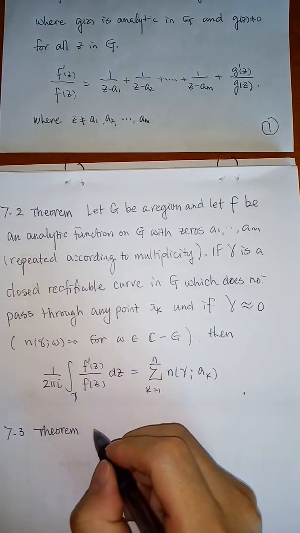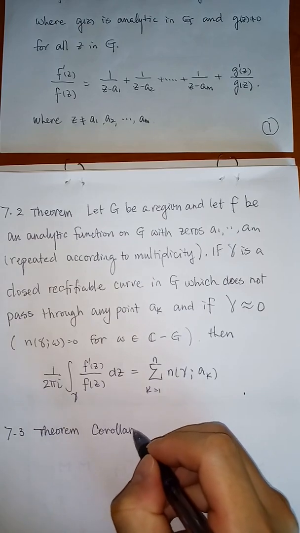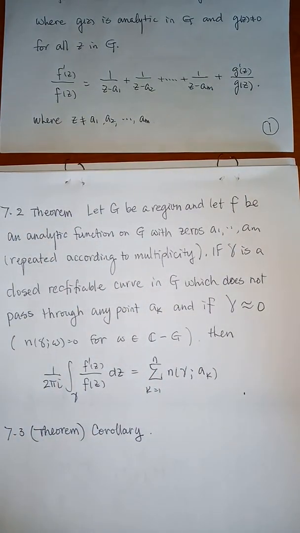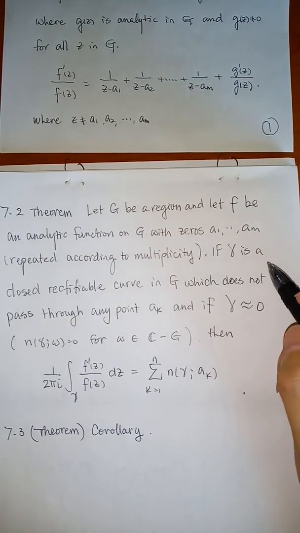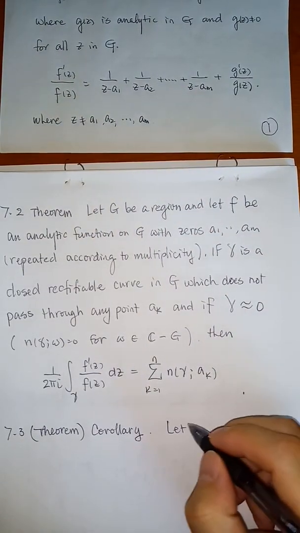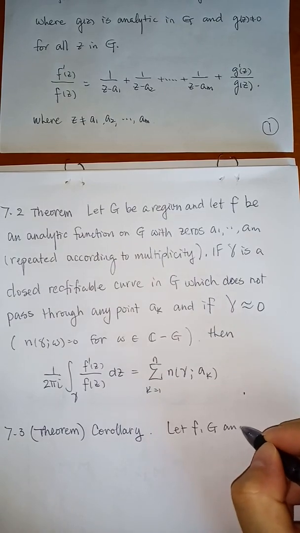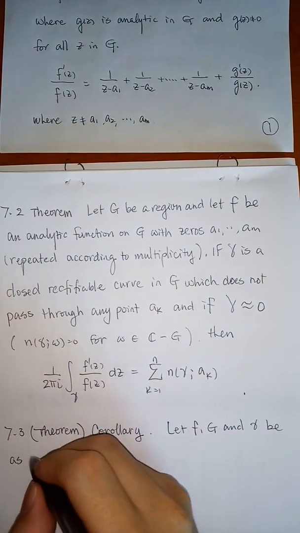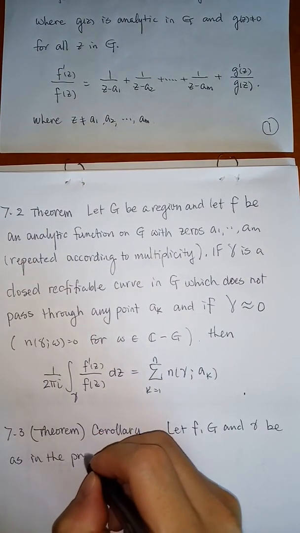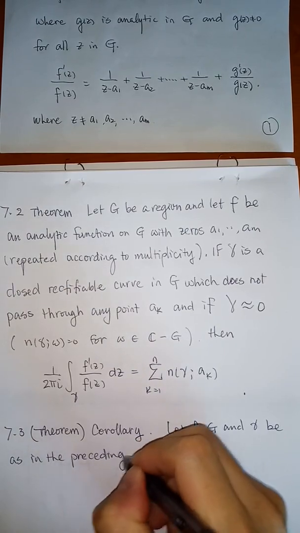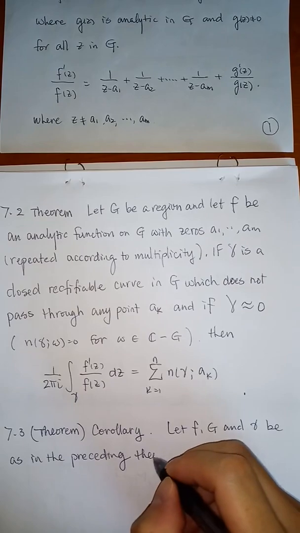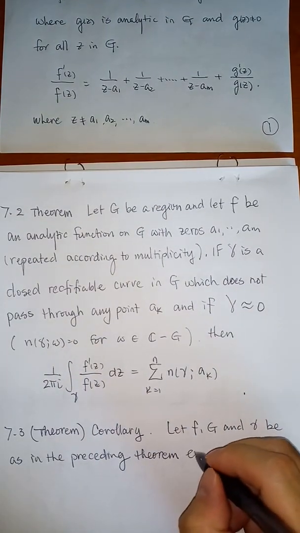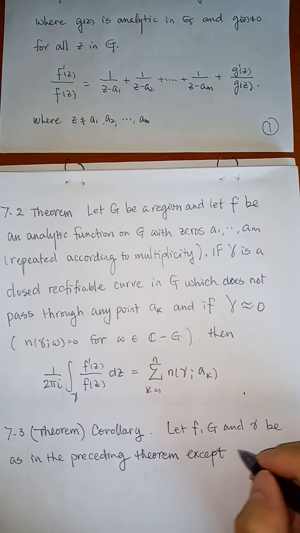Corollary. We adapt these conditions, and we modify this 0 a little bit. Let f, g, and gamma be as in the preceding theorem, except that